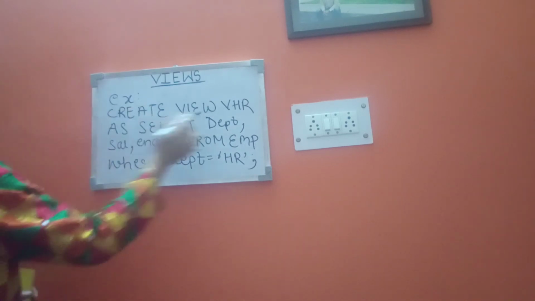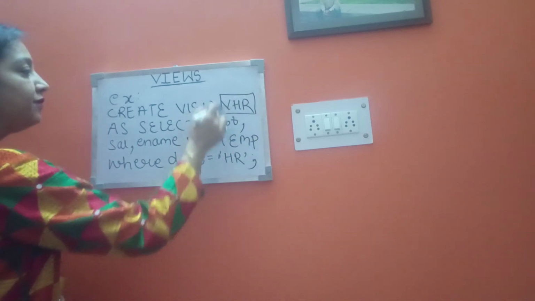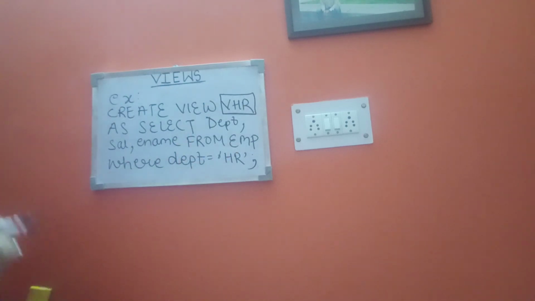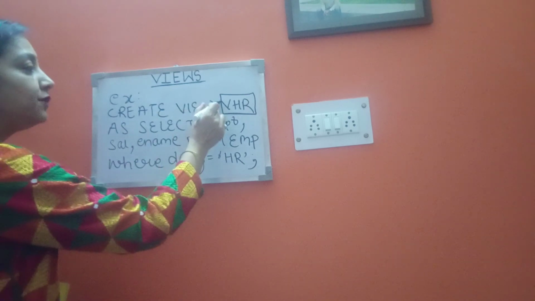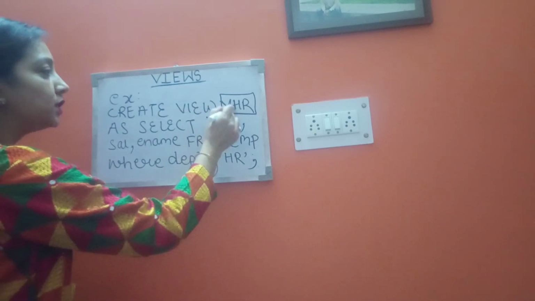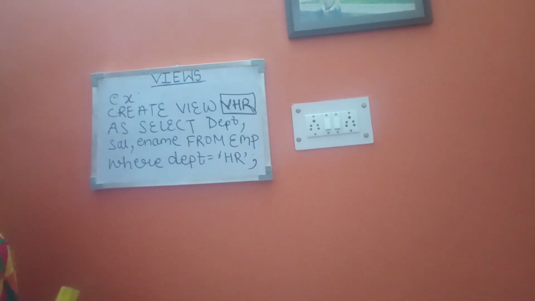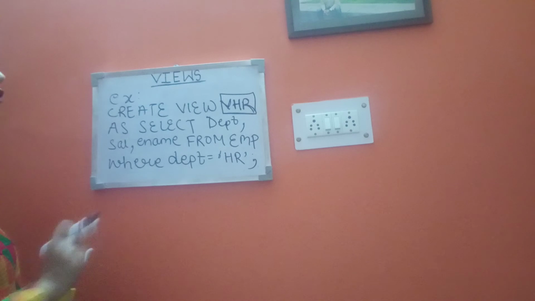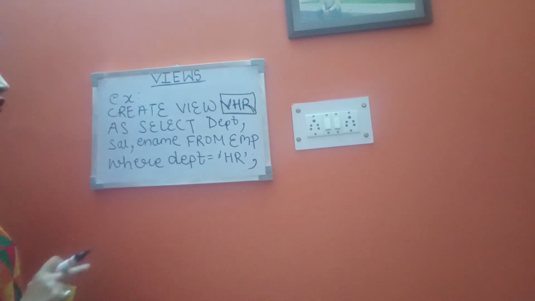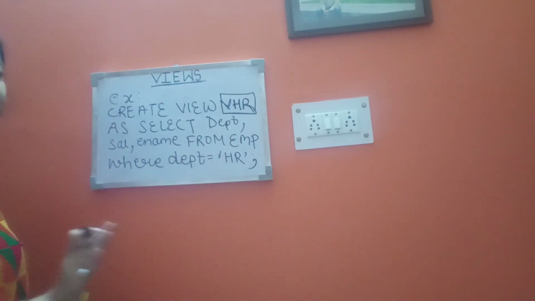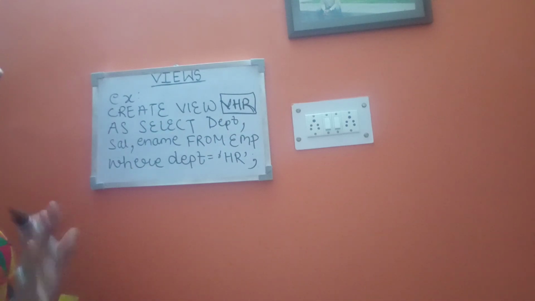So here I have created a view named VHR, as I told you initially while explaining why we need views. This view is created for the HR users because I do not want the HR user to view information from the IT and finance department. So I have created a separate view for this user, so that you now access information only regarding your own department, with no need to look into other departments.